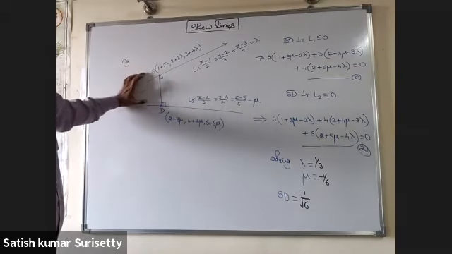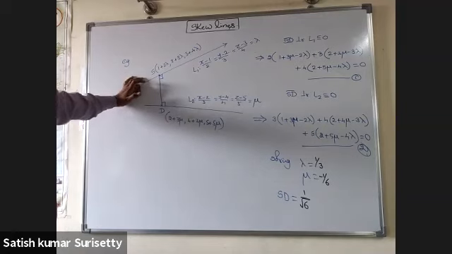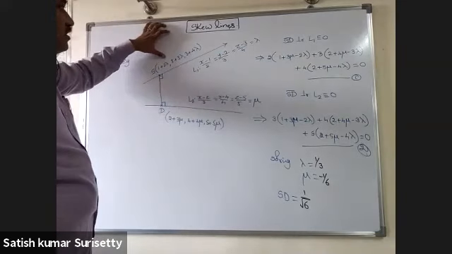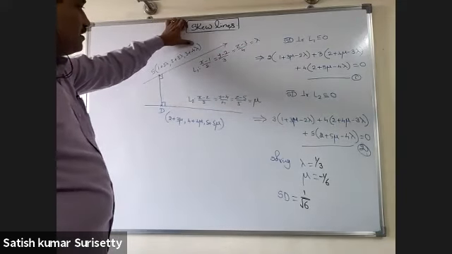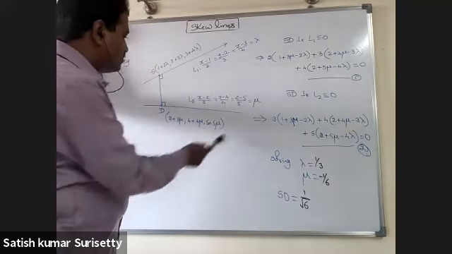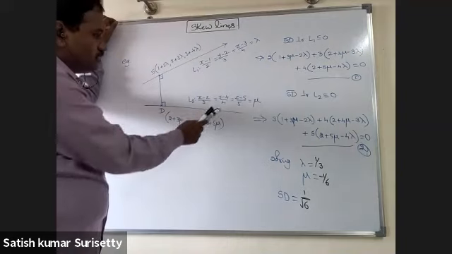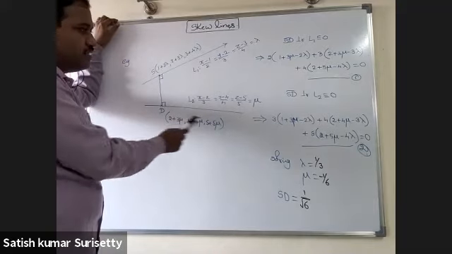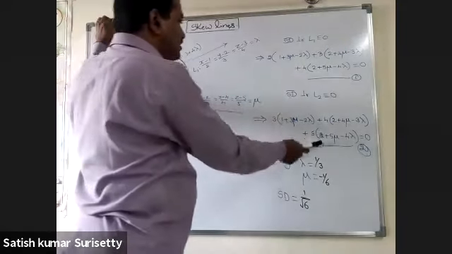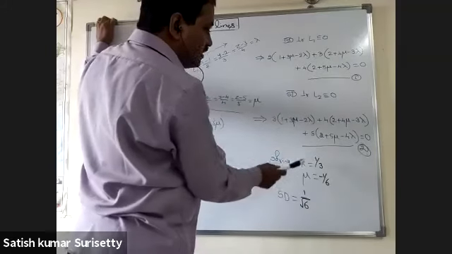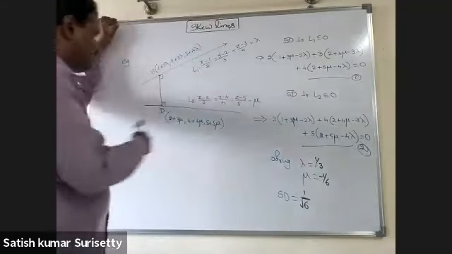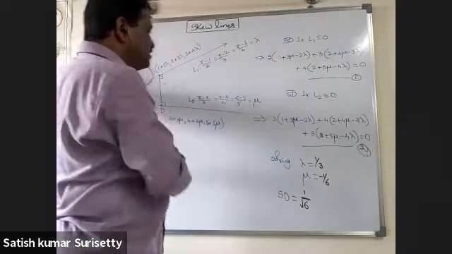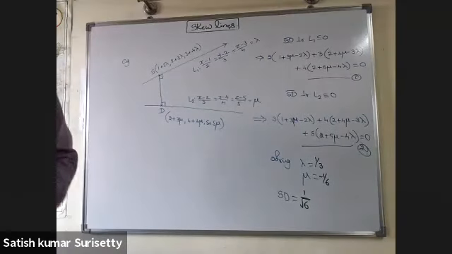Now the shortest distance between two skew lines in Cartesian form. So a general point on line 1 in terms of lambda we can take as 1 plus 2 lambda, 2 plus 3 lambda, 3 plus 4 lambda. In the same manner, on line 2 in terms of mu we can take as 2 plus 3 mu, 4 plus 4 mu, 5 plus 5 mu. Now SD bar is perpendicular to line 1 as well as perpendicular to line 2. Then we get two equations in terms of lambda and mu. When you solve for lambda and mu, you will get lambda equal to 1 by 3 and mu equal to minus 1 by 6, and substitute back in S and D and calculate the distance between the 2 points. So the length of shortest distance is 1 upon root 6.